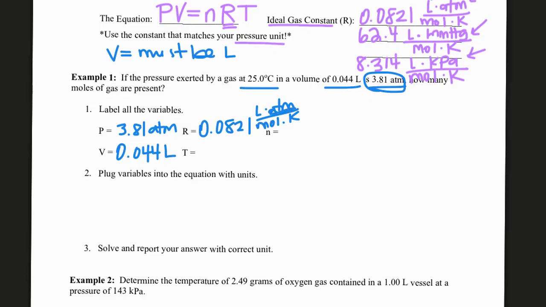So notice this ATM unit has to match with the pressure unit that we have. And then my temperature must be in Kelvin. Again, same scenario. We cannot use the Celsius thing. That's because our R value uses the K or the Kelvin. So we have to make sure those units are going to cancel. So our temperature is going to be